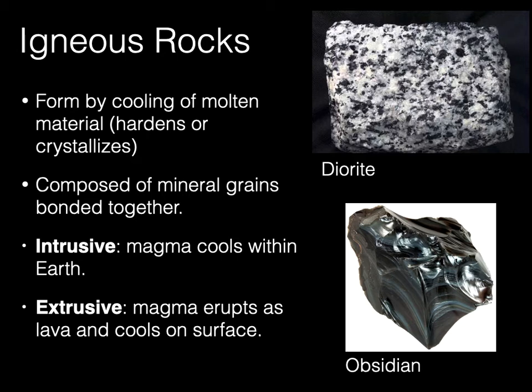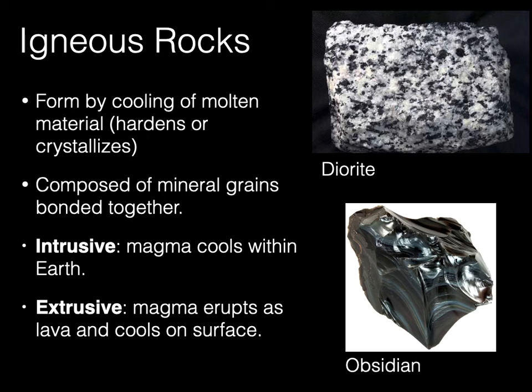They oftentimes look like this one here, which is diorite. This is granite, similar. You can see all the cool crystals in there. It's some polish on this side. You've probably seen granite tabletops, right? That came from igneous rock underneath the earth, cooling very slowly, not erupting, but cooling slowly.